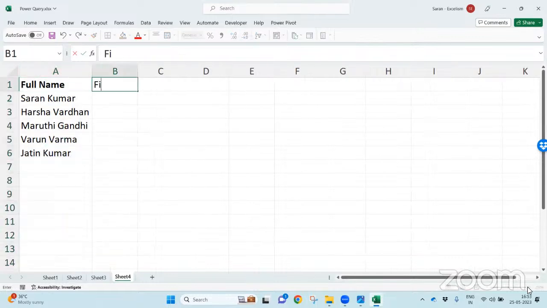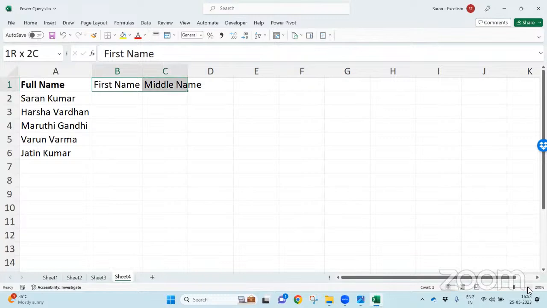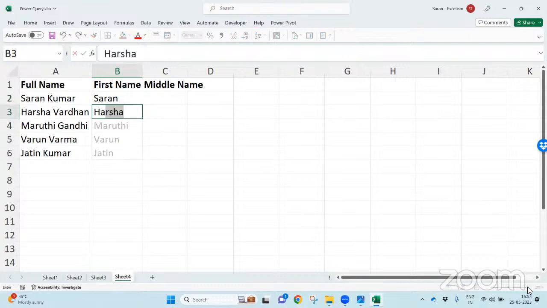If I want to extract the first name and middle name, using Microsoft Excel it's very difficult. You can do that, but you need to write a formula. In Microsoft Excel, if I want to extract the first word, you can do that using Flash Fill. When you start writing, it understands the pattern and automatically gives you the result. Here also, I can put Kumar.